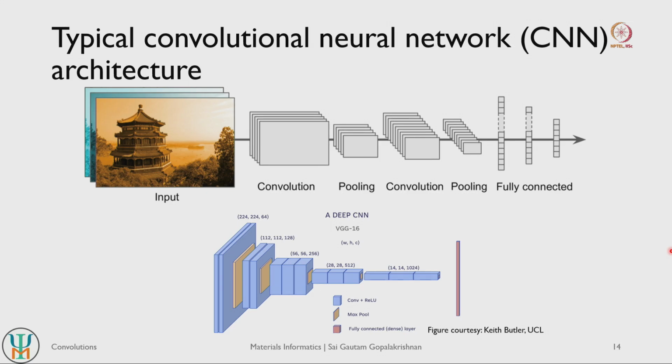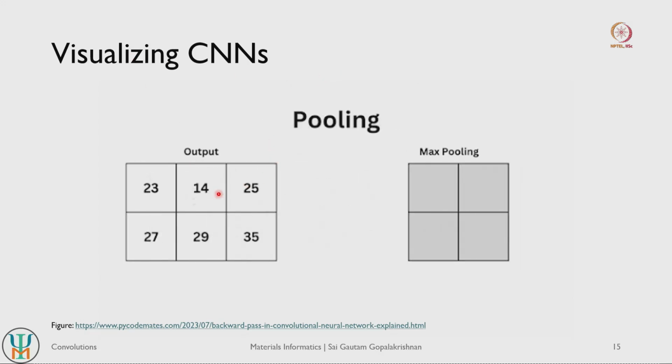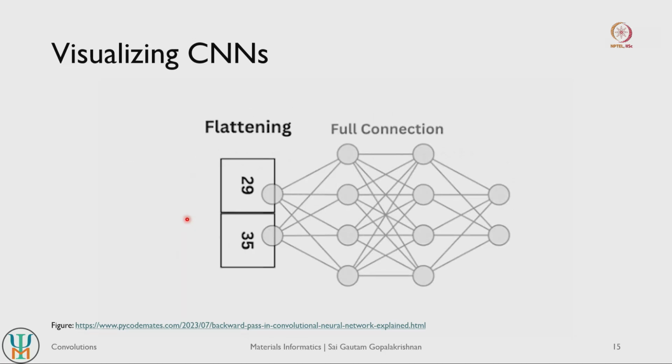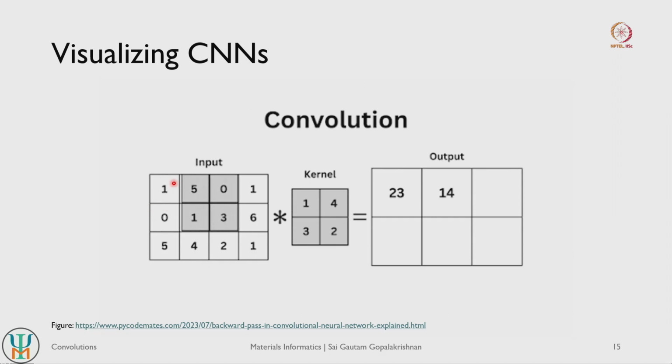So this is how a typical convolutional neural network architecture looks like. And just to wrap up things quickly, we can also visualize convolutional neural networks using this GIF image here. It gives you a sense of what the convolution operation actually does. If we allow the GIF to start, you see that initially you do a striding operation multiplied by